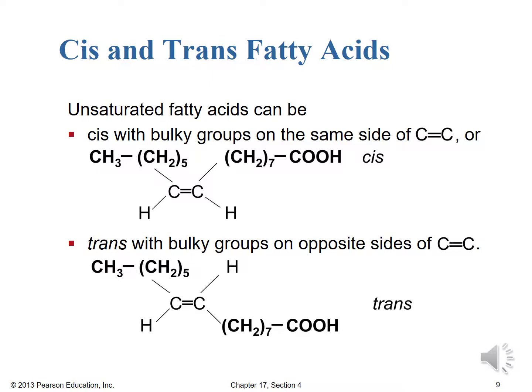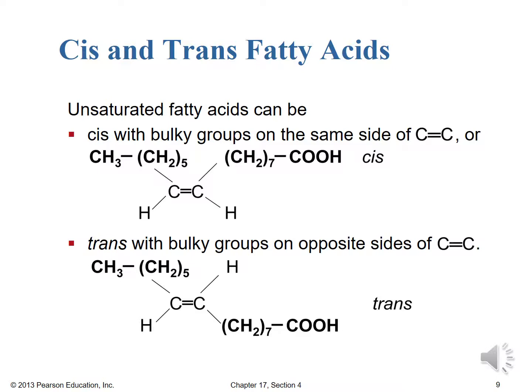All right, as we've mentioned before, cis and trans fatty acids exist. The unsaturated fatty acids tend to be cis in nature, almost exclusively cis in nature, with the bulky groups on the same side of that carbon-carbon double bond. The trans form tends to be unnatural. It tends to be the result of human hydrogenation reactions out of the body in the lab using the nickel or palladium or platinum catalysts that we've mentioned before, and those are preferred products of that sort of external hydrogenation,